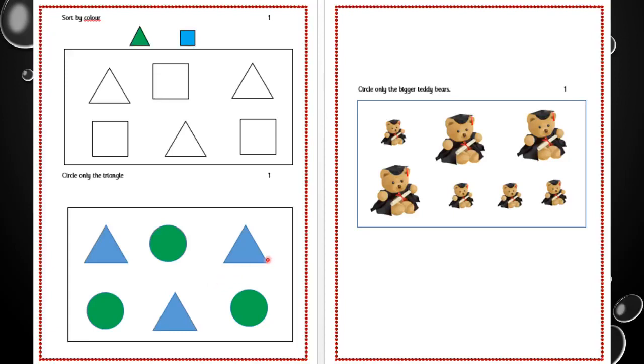Once you finish this, here are big teddy bears and the small teddy bears. So what are you going to do? Circle only the bigger teddy bears. So wherever you'll find out the big teddy bears, you will circle it. After this,